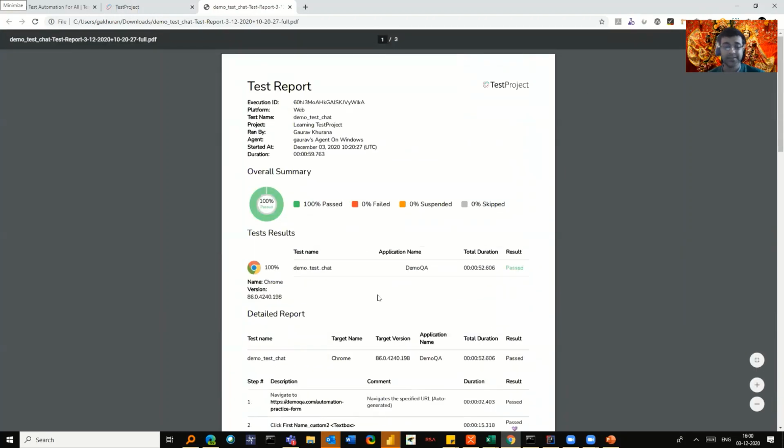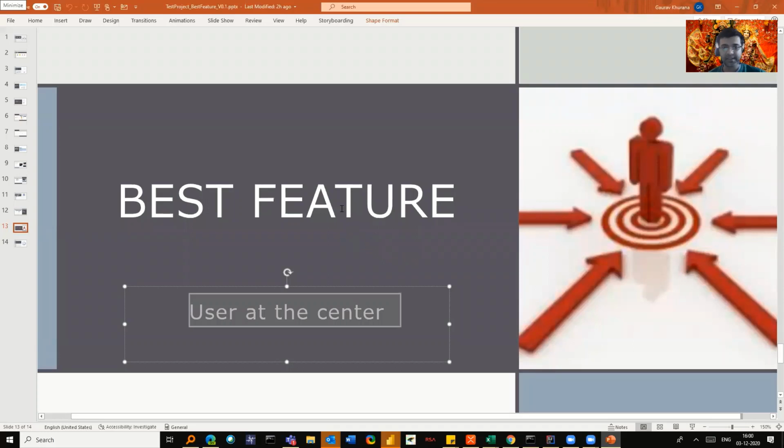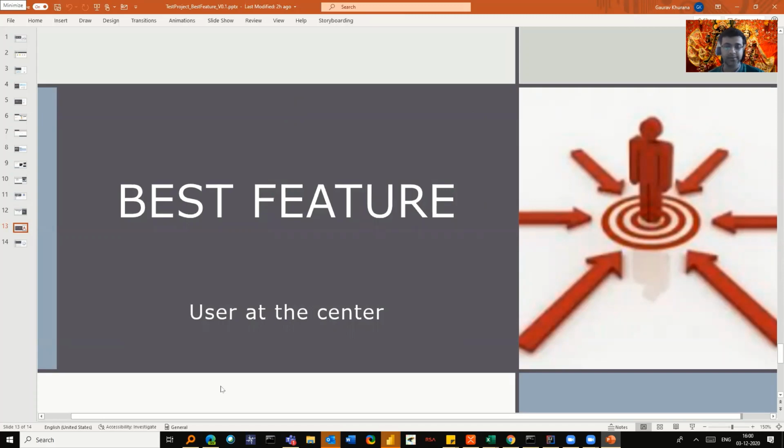And even the options where you have to learn assertions and all that, you need not do that. So all of that has been done because, I think, they had this in mind, keeping the user at the center and making a user-centric product. And I'll explore more. So thank you everyone for watching. I hope you like it and will start using it. Thank you.